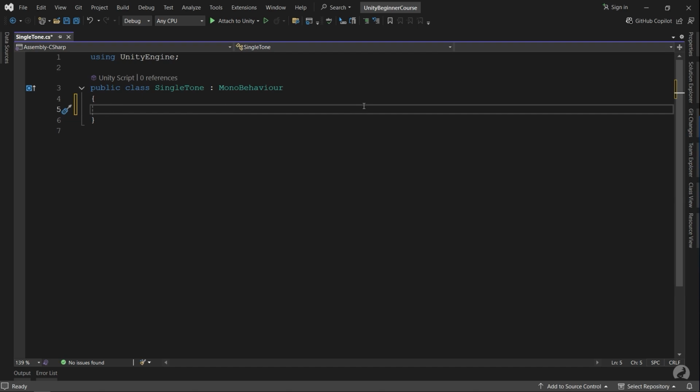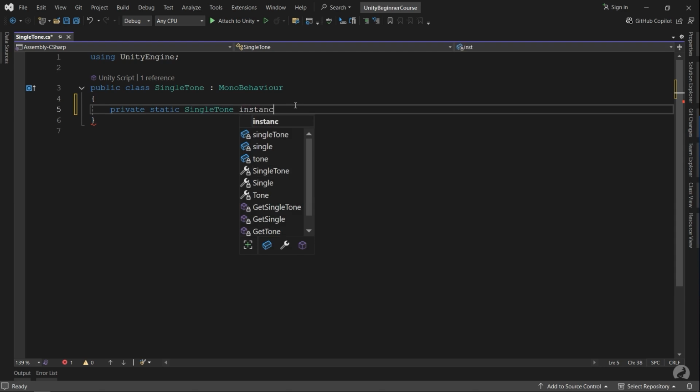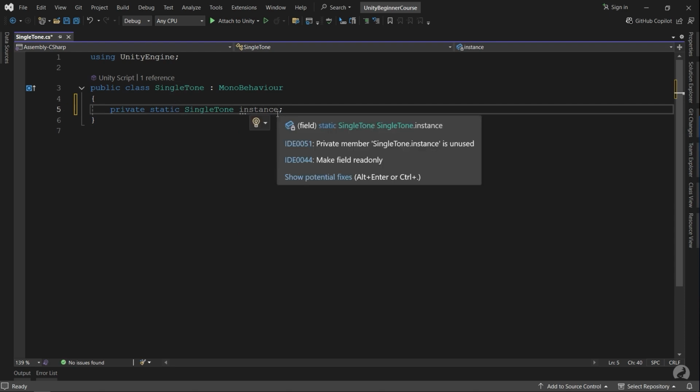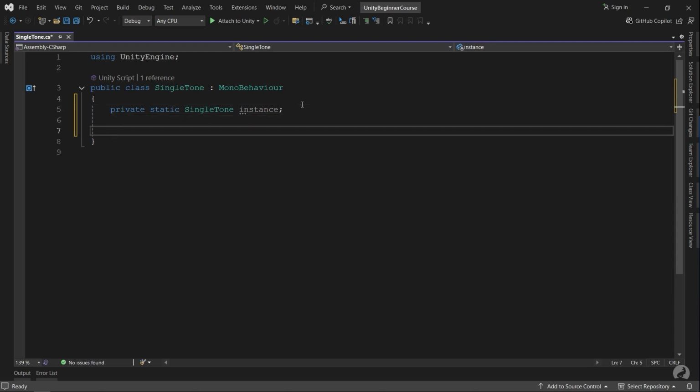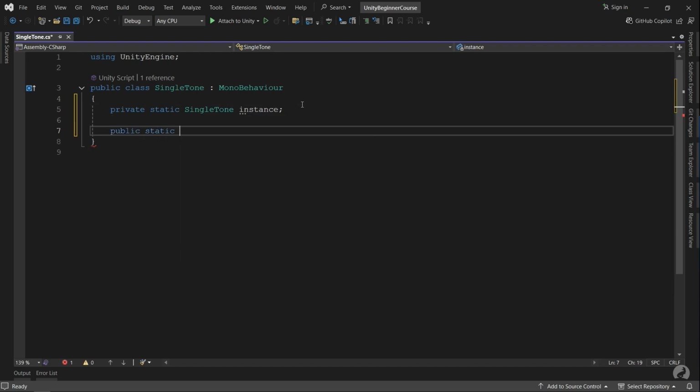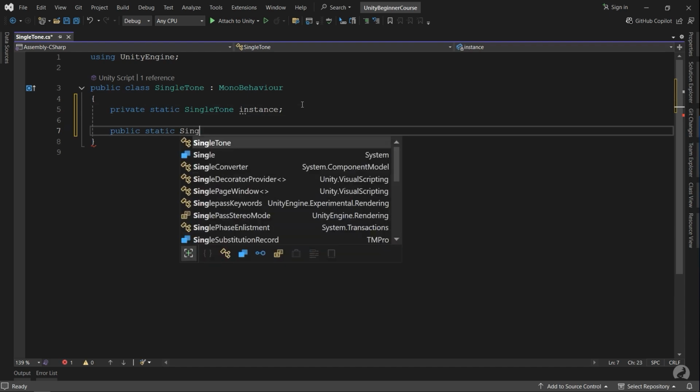Right, the first thing we need is a private static singleton of type singleton, just this class. And we need to keep the instance. We'll name it instance, and we need to first create and instantiate a game object of this class and save it inside the instance. And for the next times we need to check this instance, and also we need a public static property for